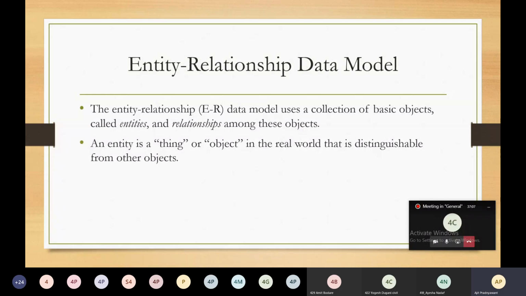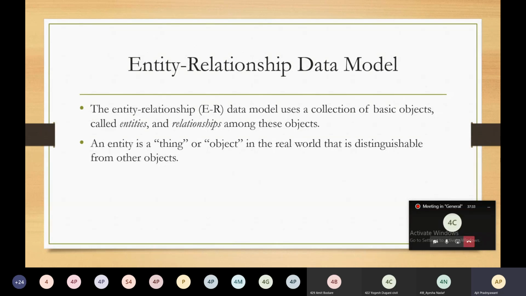An entity is a thing or a particular object in the real world that is distinguishable from other objects. What is an entity? An entity is a thing or object in the real world. For example, instructor is an entity, distinguishable from other objects. Or take another example, customer.